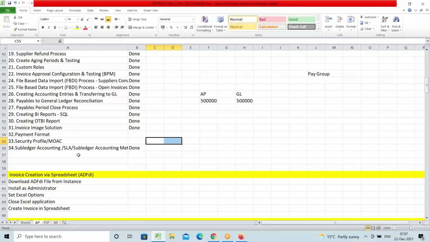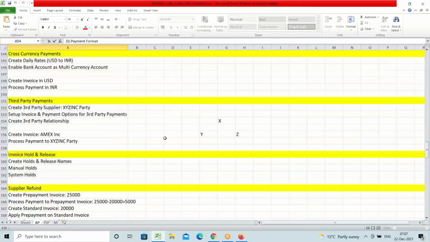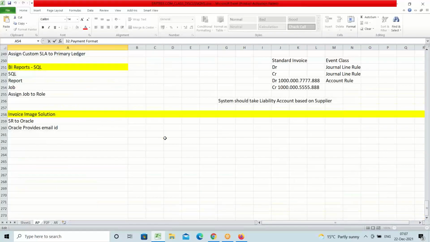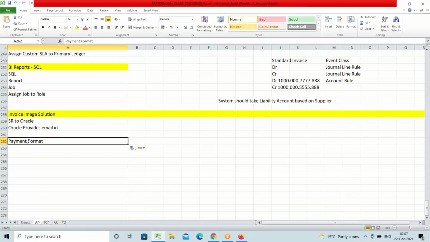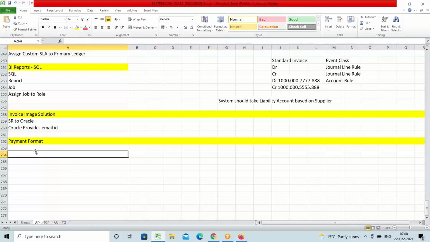Fine. So as a part of payables, we have payment formats under security profile. So we'll go through payment formats. So what points do we have to understand here? We'll see. So when we talk about these payment formats,